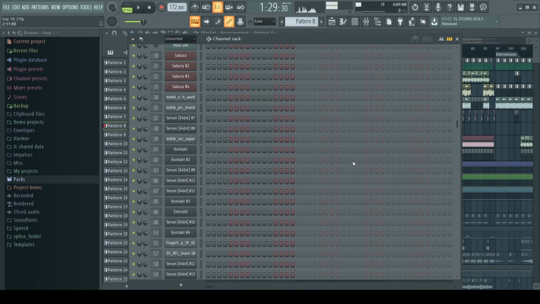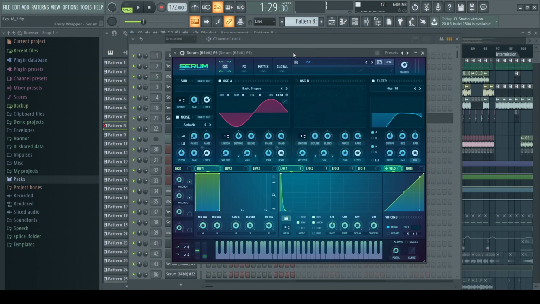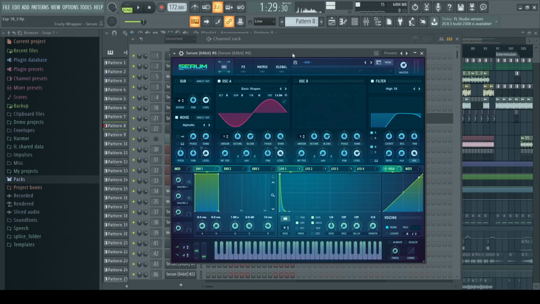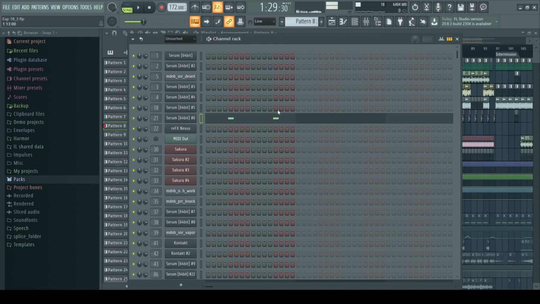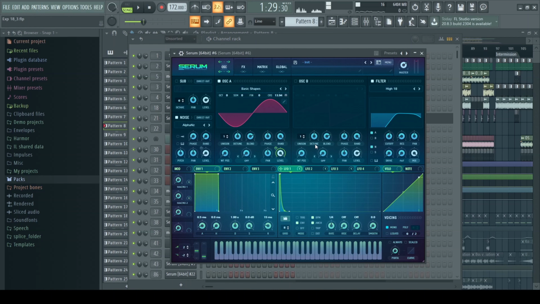This synth-like snare. I originally intended to make this a snare, so that I could layer this with the original snare, but then I decided to use this as a synth instead of as a snare. The difference is this level knob. When I make a snare, this level is modulating from 0 to 100, but in this case it's modulating from 100 to 0, which is why you get the noise in the sound. So this snare basically follows